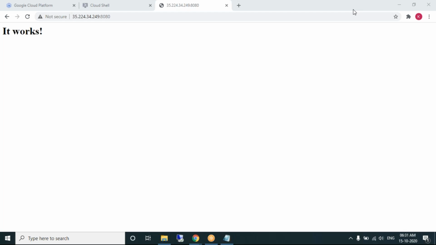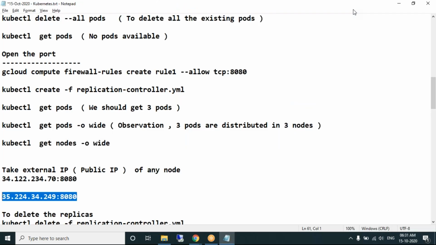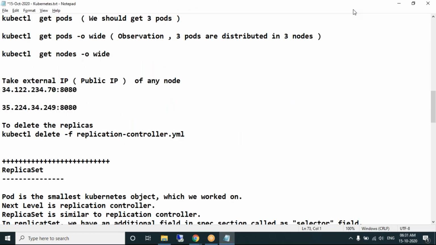First object, the lowest object, is the pod. On top of it, we have created a replication controller. The replication controller is performing load balancing and scaling. Okay, clear? Let's delete the replication controller.